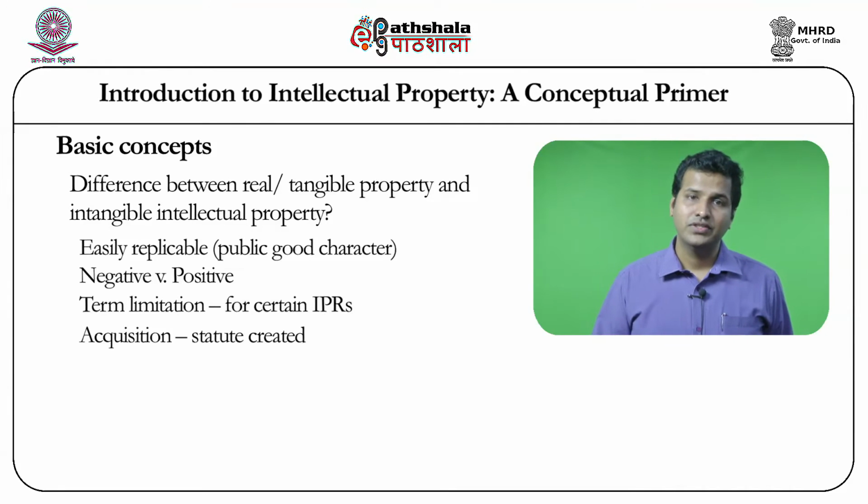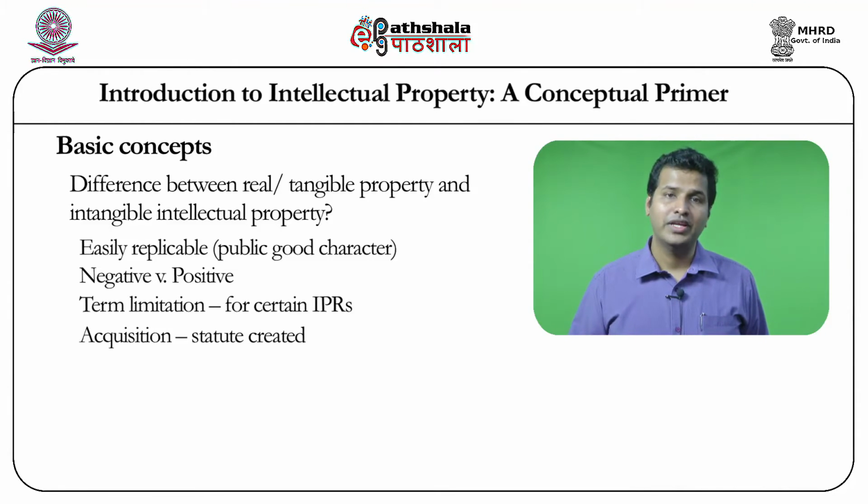Intellectual property distinguishes itself from other forms of property in terms of its public notice function, and this public notice function is important for third parties. For example, in case of land, by virtue of a boundary or a compound wall, the landholder is able to sufficiently give public notice to the society of what the actual boundaries of the land are. Or in terms of a physical chattel, a good like a pen, a pencil, you actually know the confines of the product.